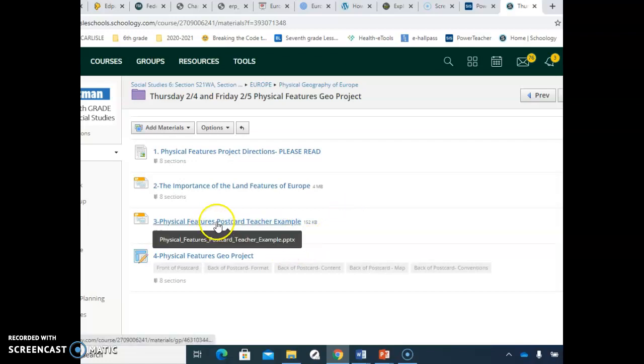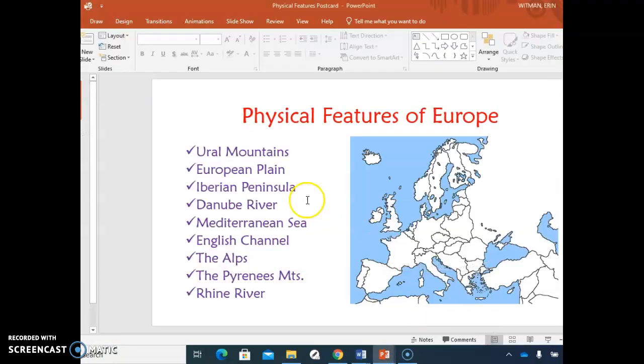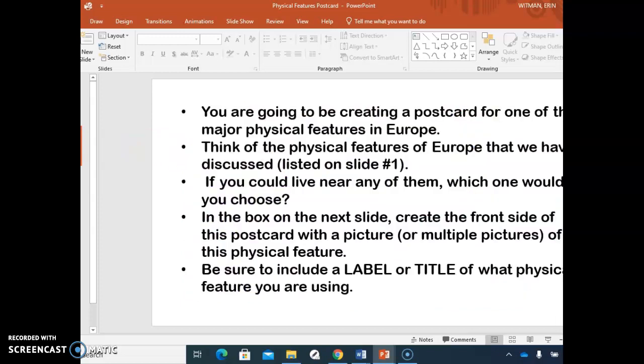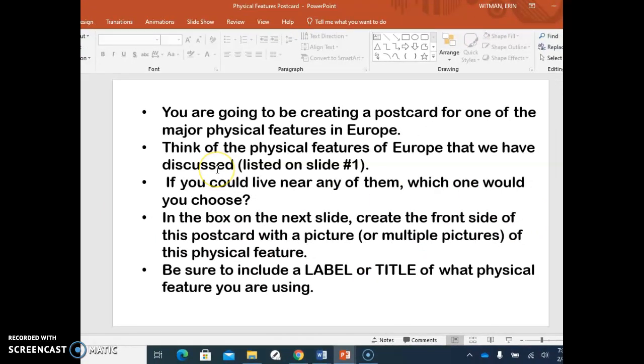So I'm going to have you open up this number 4 first. And when you open that up, you're going to get this document. So these are the physical features of Europe that we've talked about. You're going to need to pick one of those. So you need to decide which one you would like to do a little bit of research on. After you've decided which one you want to pick, you're going to create a postcard that talks about that